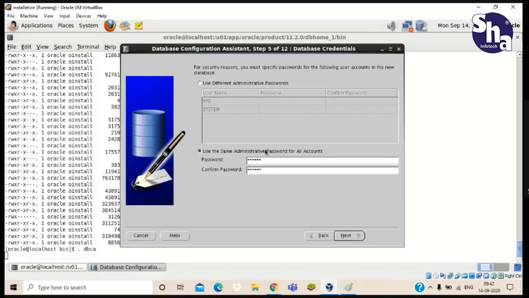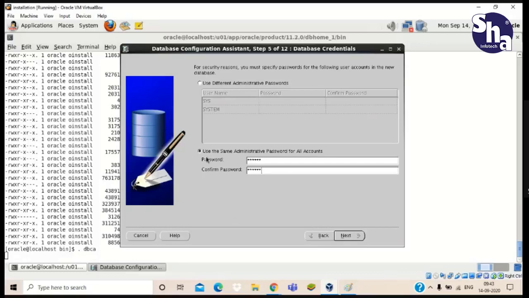Yeah, you said super user. Is there any super user name? Yeah, we use sys. Sys is our super user for the database. We use it to log in to any database. First of all, we will get to this sys user, and after that, from sys, we can connect to any user which is present. Click on next again after giving the password.